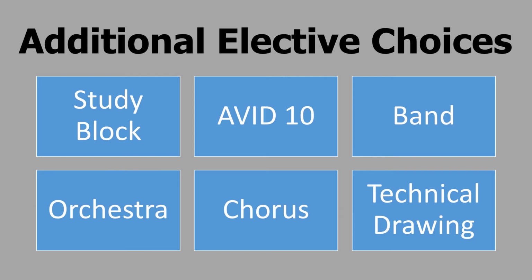A student can have a study block, which we highly recommend if there's an open block in their schedule. Students who have been in AVID can remain in AVID. Students can take band, orchestra, or chorus. Please note that there are different levels of band, orchestra, and chorus, and students should talk with the band, orchestra, and chorus directors if there are specific courses that they want to take in those areas, and make sure that